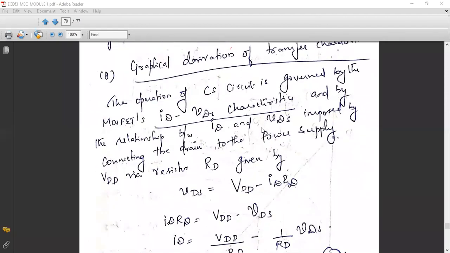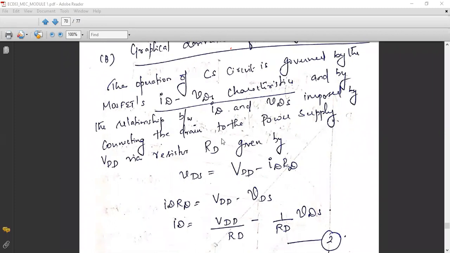Now, how are we going to derive the drain characteristics? Only after drawing the drain characteristics and analyzing the graph will we be able to draw the transfer characteristics. So for that, first write the equation for VDS,